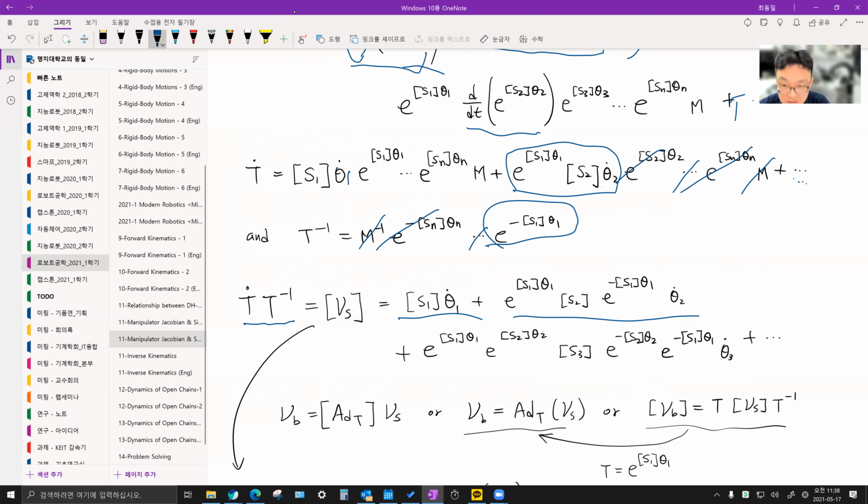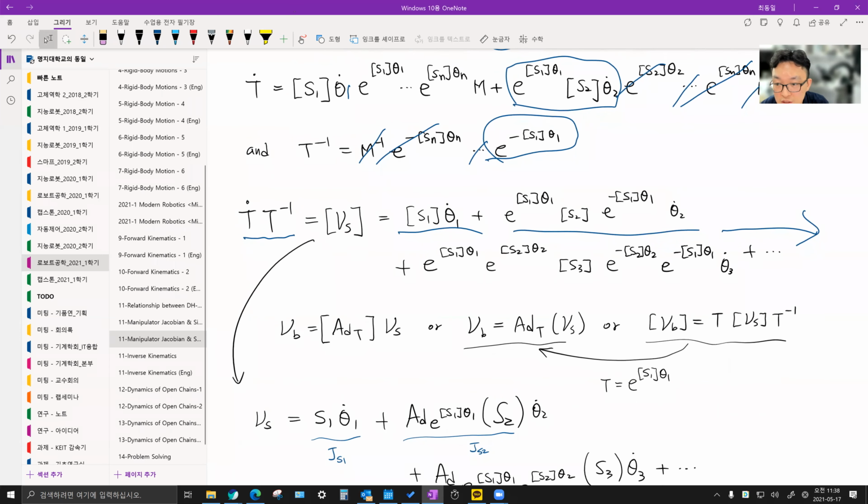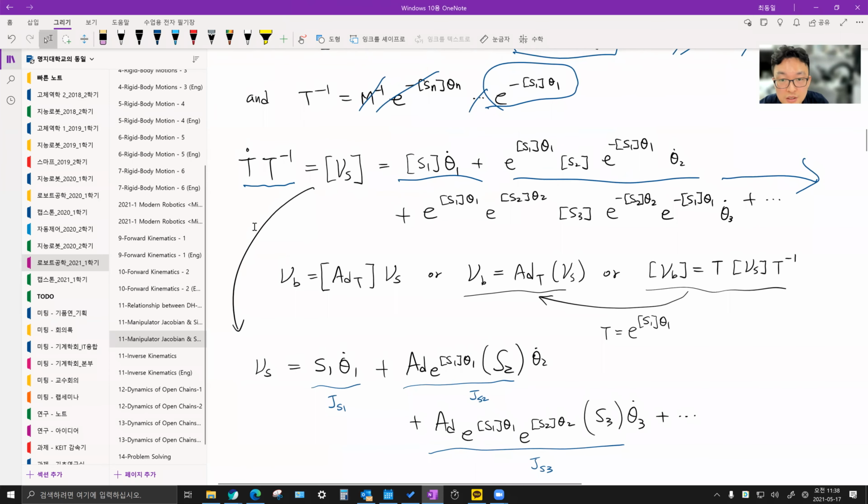And if we do these things with the second element, this one is erased, this one is erased, and this part is erased, and this part remains, so it remains like this. And if we multiply all the other things the same way, then we can make a general expression. Here, we already learned that T dot T inverse is equal to the space twist of